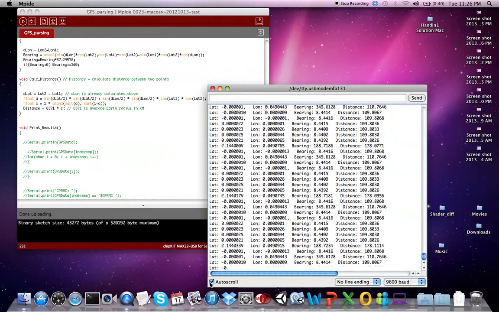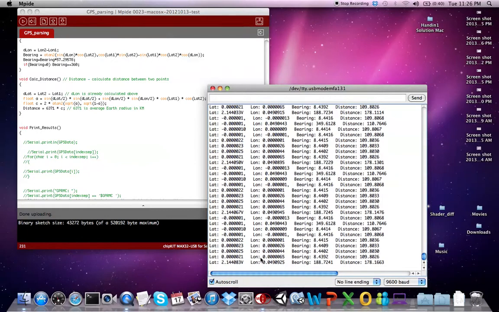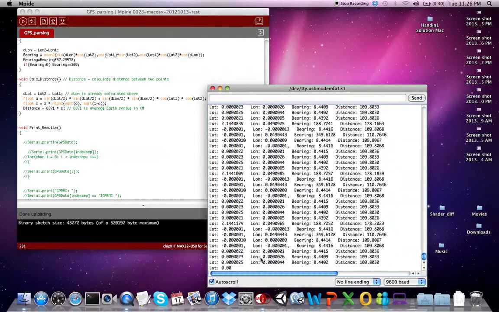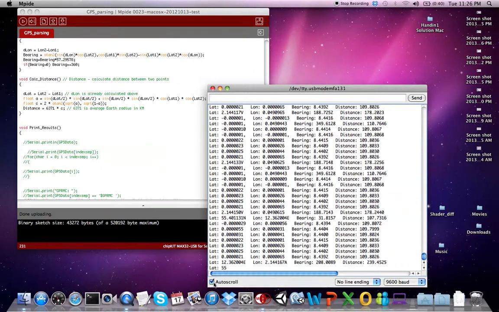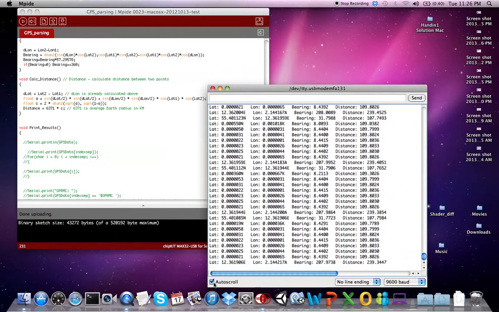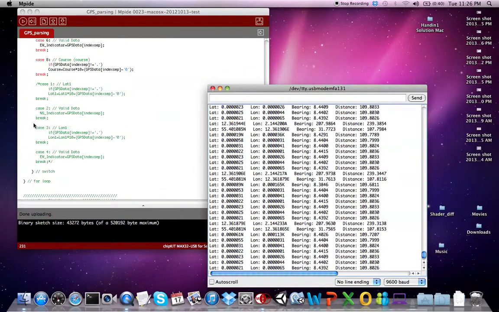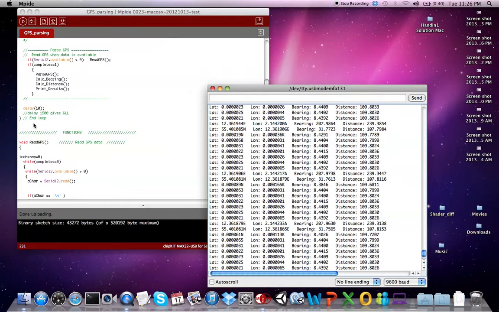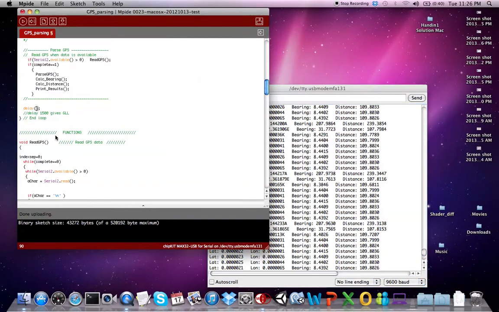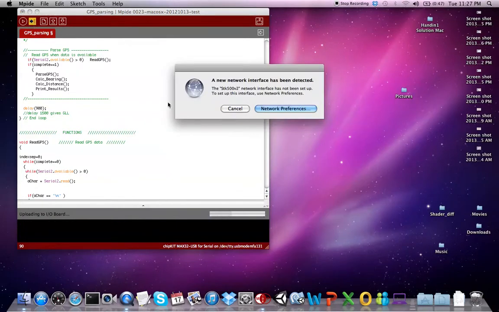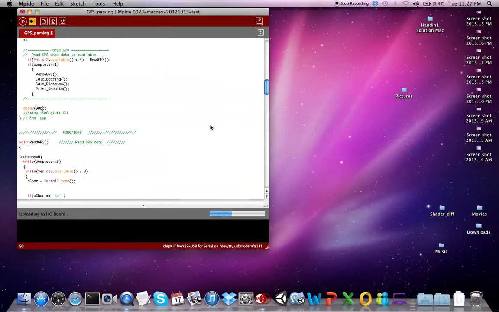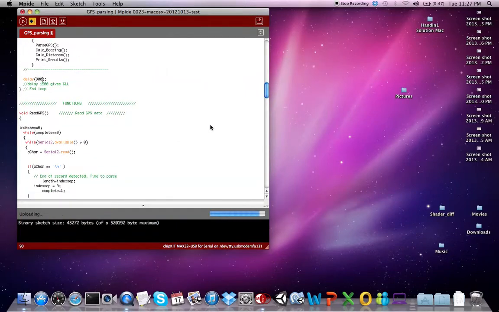If we go to auto scroll, we'll see how many strings are actually outputted, and also at different times. So if we change the delay in the loop from 10 milliseconds to 900 milliseconds, and we reset the board, and then we upload the code once again. This will take just a little while, but then we can look a little more at the code, and we will open the monitor again.